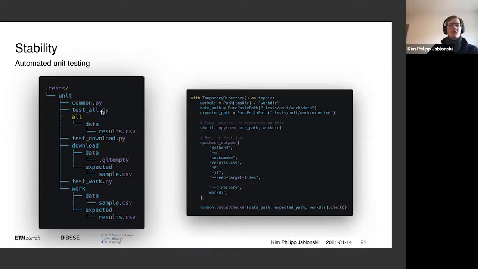But for every single rule in your Snakefile, you have a test_all for the rule all, test_download for rule download, and test_work for your rule work, together with the input data and the expected output data. Then what Snakemake does is set up this test, which creates a temporary directory, puts everything into a working directory, namely the data that is needed as input, and then also knows about the expected output,